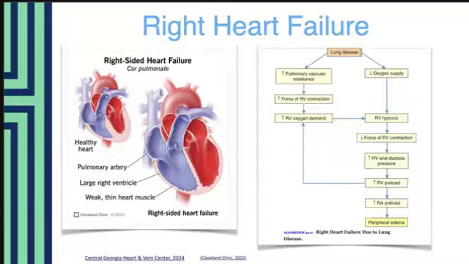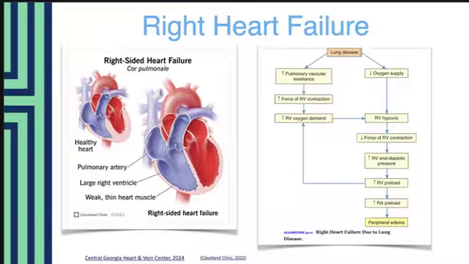So if we refer to the algorithm shown here in 32.11, I believe, yeah, while the etiology most commonly arises from left ventricular failure causing congestion, increased pressure and volume overload in the right ventricle,